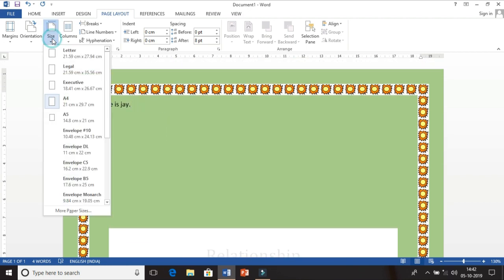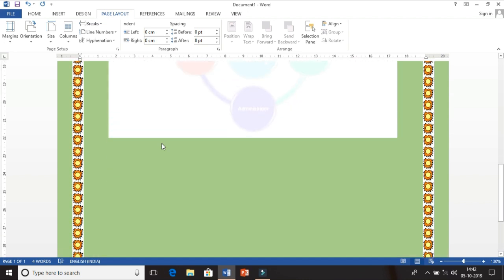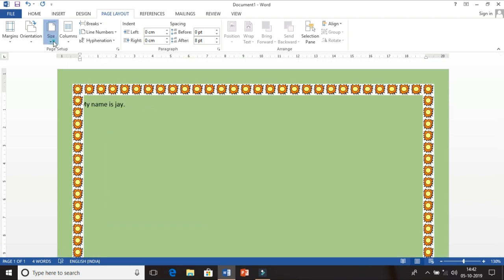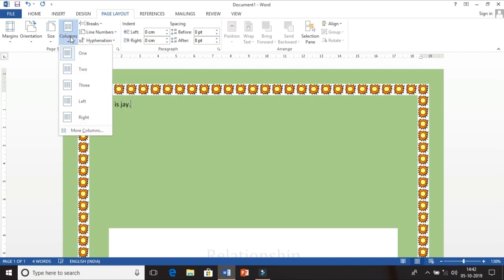Legal papers are also there, just like this, you can create legal papers. So it depends on you which size you want. So in this way we can change the size. Then this is called a column. If you want to divide the page column-wise, suppose you want to divide the page into 2 columns, so these 2